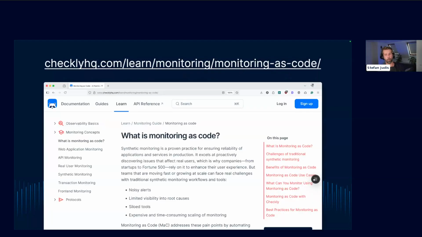If you have questions about what monitoring as code is, well, there's a long article in our Learn section, which also includes a whole lot of Playwright best practices. So you can go to